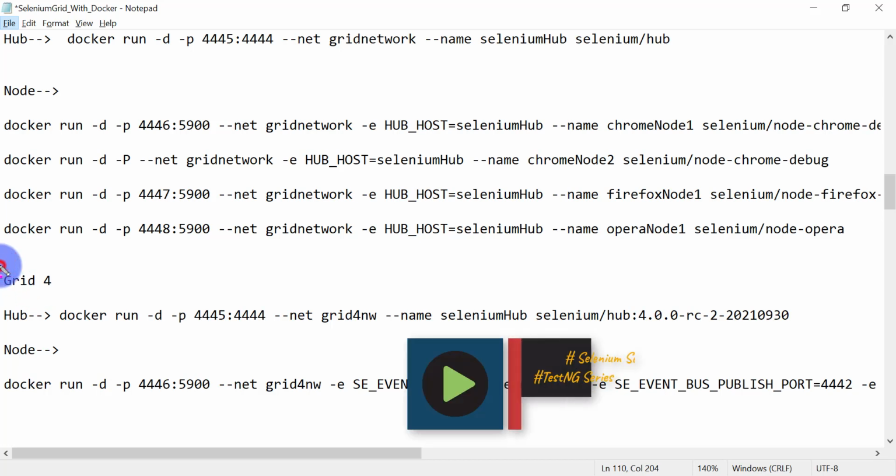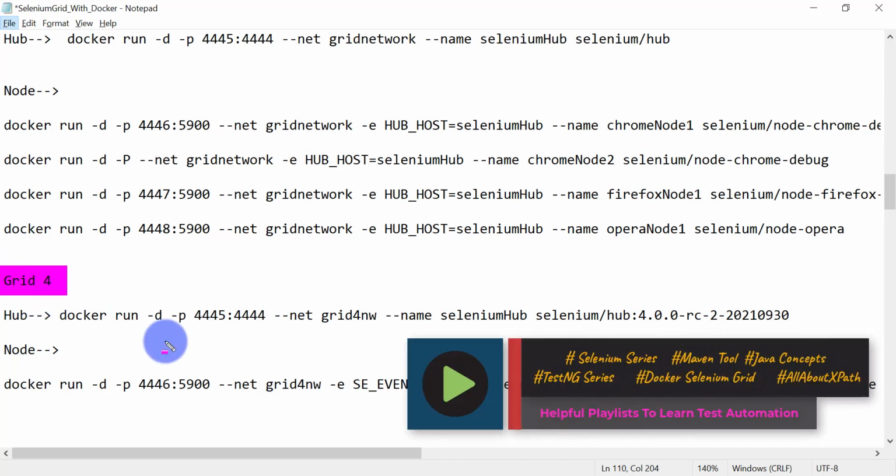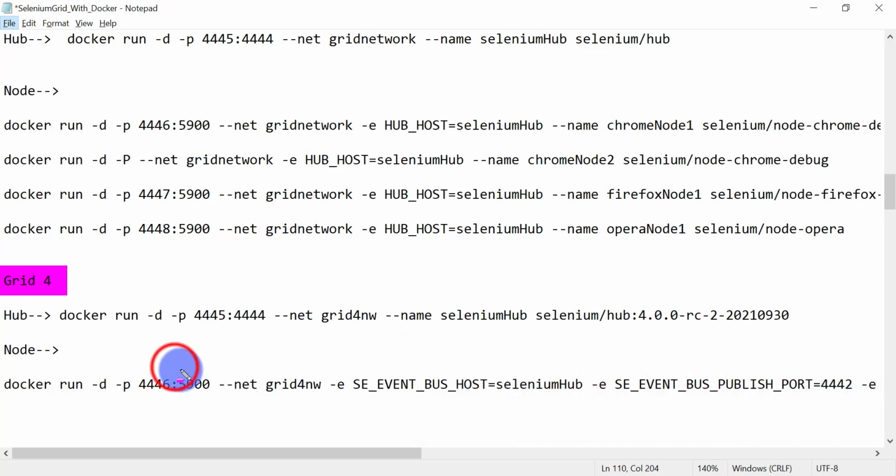One more point in the case of Selenium Grid 4 is we can access both the VNC service and the noVNC service. VNC service means whatever service is running at 5900 inside the Docker container, we will be able to see using this port number 4446 using the VNC client. In previous sessions we have used VNC Viewer as a VNC client. So when we start our Selenium test case execution on these node containers, we will be able to see how our test cases are running on that particular browser, Chrome or Firefox. That is for the VNC service, for which a VNC client is required.